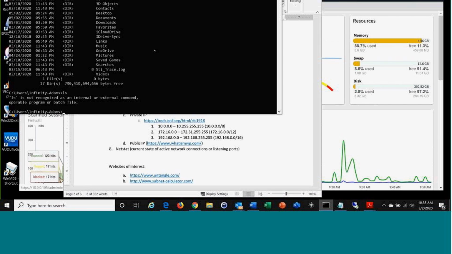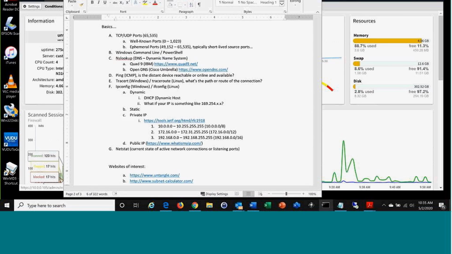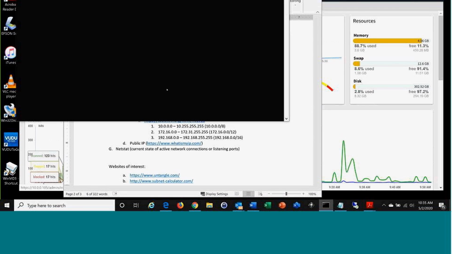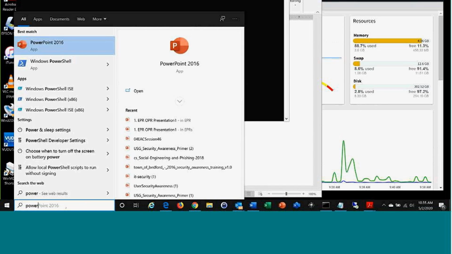If you do an ls, of course, it doesn't know what ls is, but if you're a Linux guy, you know ls would do the exact same thing dir does. And if I do an up arrow, it does give me my last command. All right, so that's cool. But if I close it and then reopen it and do an up arrow, it doesn't give me my last commands. But if I go ahead and pull up PowerShell,